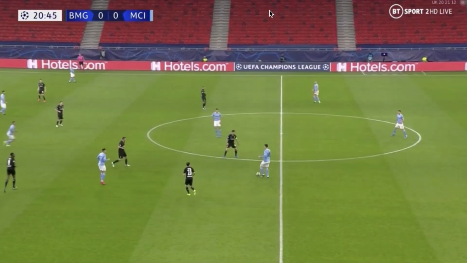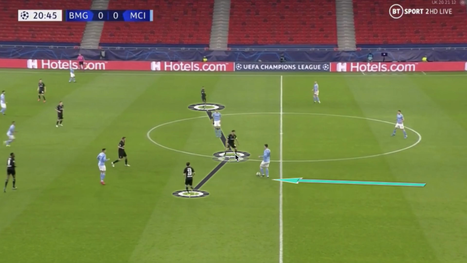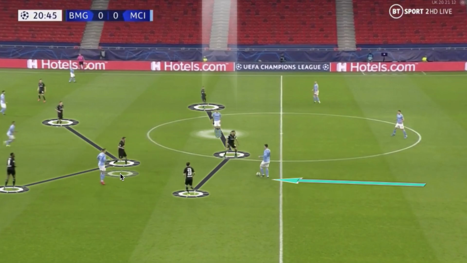Now, just looking at one more pattern for Manchester City, we have Laporte driving forward, affecting the front three from Borussia Mönchengladbach, narrowing them just slightly, drawing the attention of the central forward. So now it creates the potential for Rodri to become the free player, and this paired with the marking system used by the midfield three, we see with the central midfielder jumping and his two holders behind him, it creates